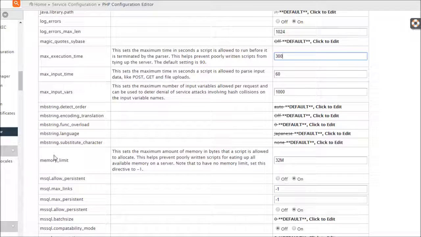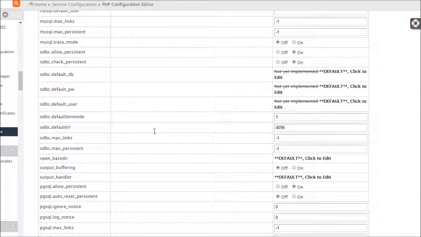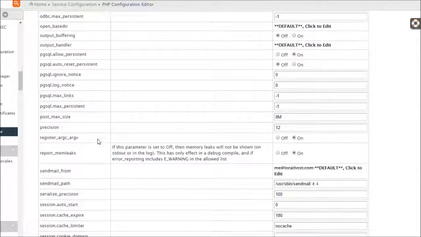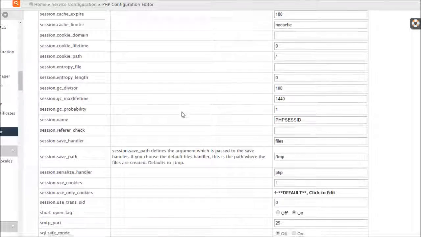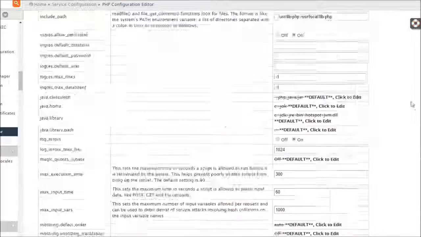For memory limit, I recommend setting this to 128M. So that's 128 megabytes. And then for post max size, I recommend setting this to 64M. And then finally, for upload max size, I recommend setting this to 64M. So the things that I recommend changing here are